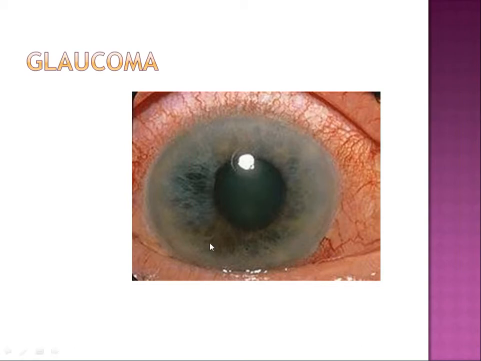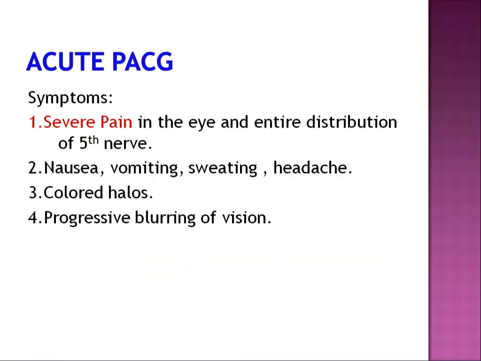So there will be circumcorneal congestion. How do you differentiate this from the others? Here you don't see any KPs. In iritis also you will see circumcorneal congestion, but here you do not see KPs, and most importantly, there will be corneal edema here. So you see a hazy cornea, and the clinching diagnosis for you is that the IOP is very high. So if you're seeing a high IOP with corneal edema and circumcorneal congestion, then it could be narrow angles. In particular, it could be an acute congestive glaucoma.